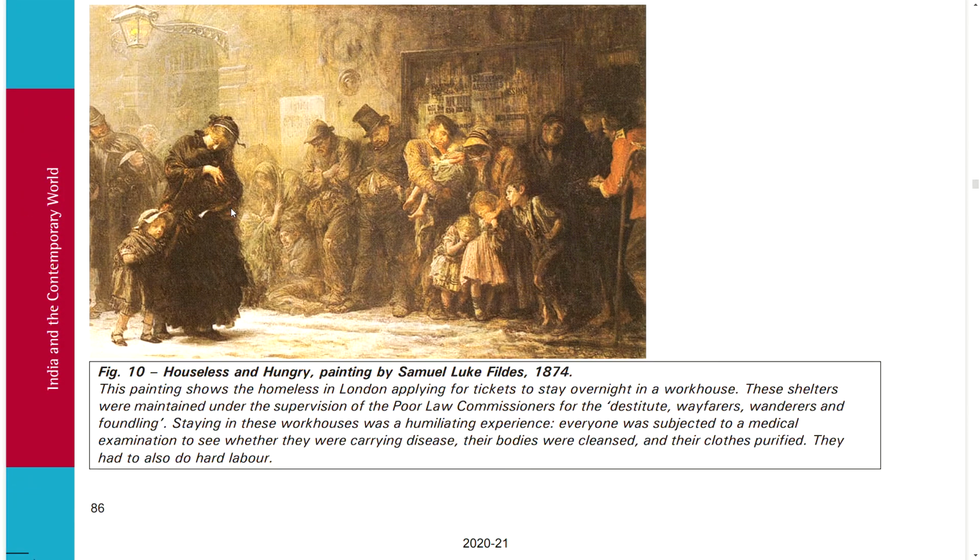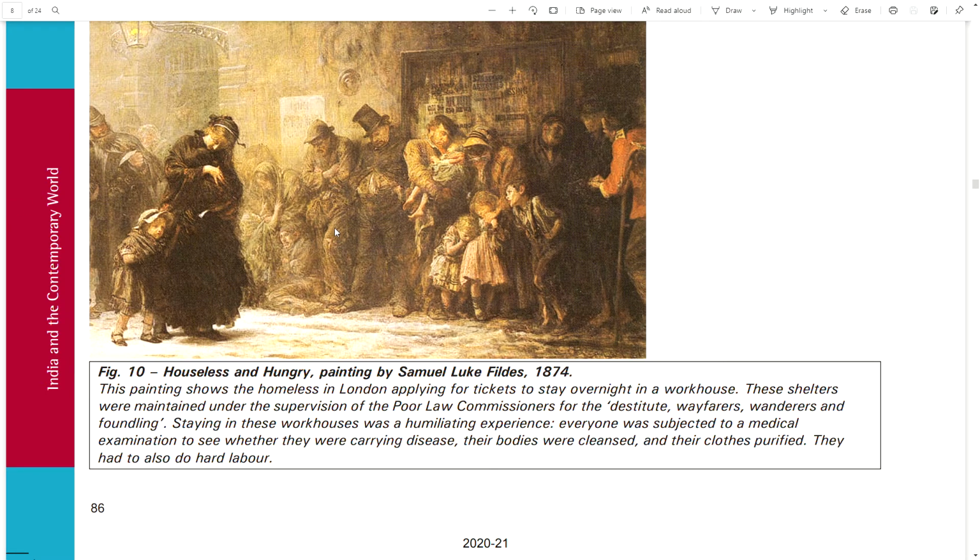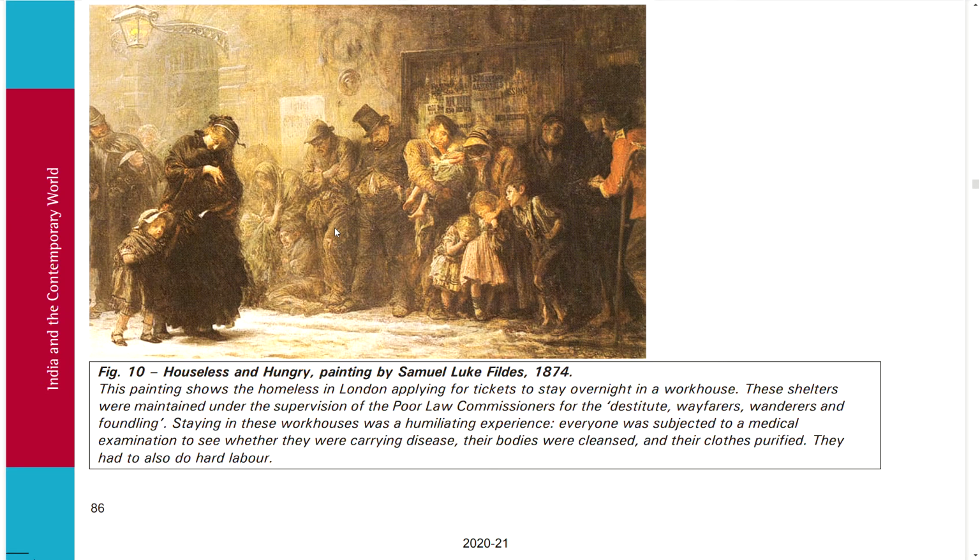Figure: houseless and hungry. Painting by Samuel Luke Fildes, 1874. This painting shows the homeless in London applying for tickets to stay overnight in a workhouse. These shelters were maintained under the supervision of the Poor Law Commissioners for the destitute, wayfarers, wanderers, and foundlings. Staying in these workhouses was a humiliating